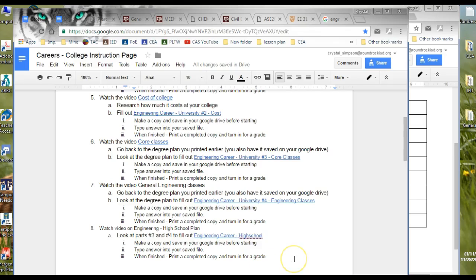Okay, now we're going to get to the part that I really want you to look at. I want you to now look and think about, based on these classes you saw up here, what core classes you needed and what engineering classes you needed. I want you to think about what you need to do while you're still at high school. So if you click on this part,